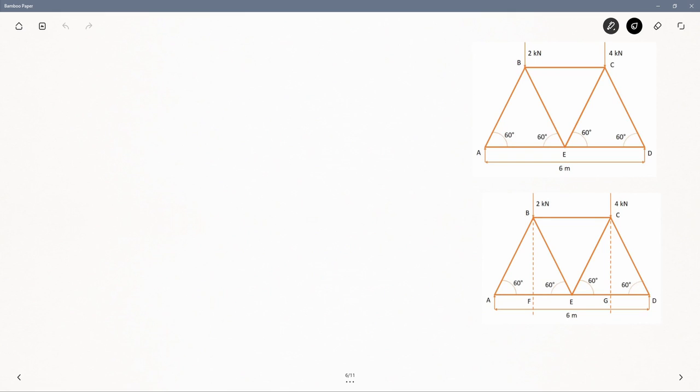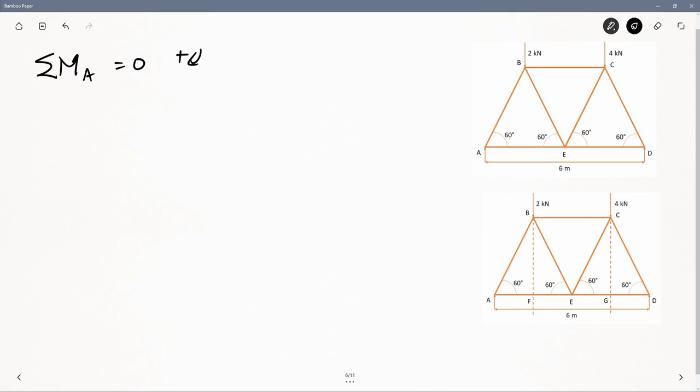So we'll again here just try to find the member forces, but first we need to find the support reactions at supports A and D, for which we'll be using the equilibrium equations. So first I'll start with the moment equilibrium equation, summation of all moments about A equal to 0, and I assume clockwise moments to be positive. So if I take moment about A, I have forces at B and C and support reaction D. So I'll have to write these corresponding forces with their corresponding distances from A.